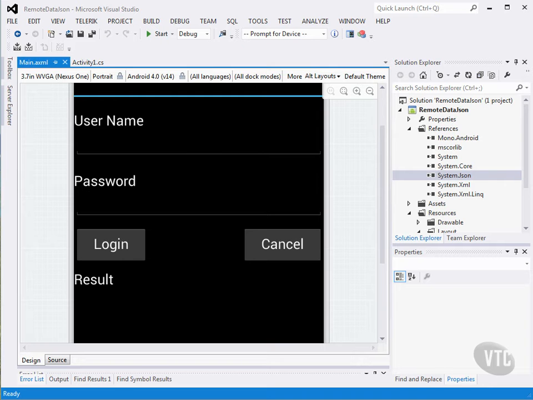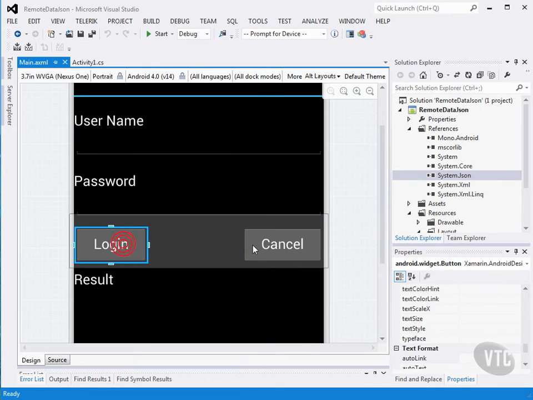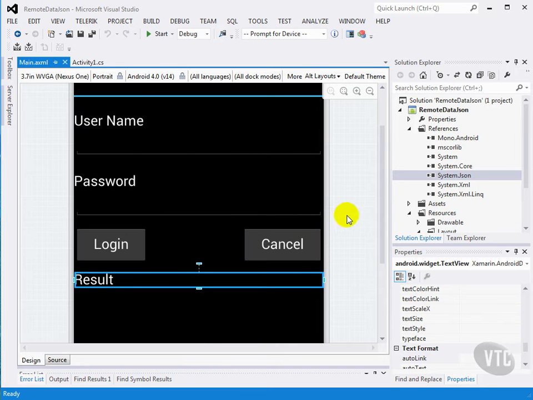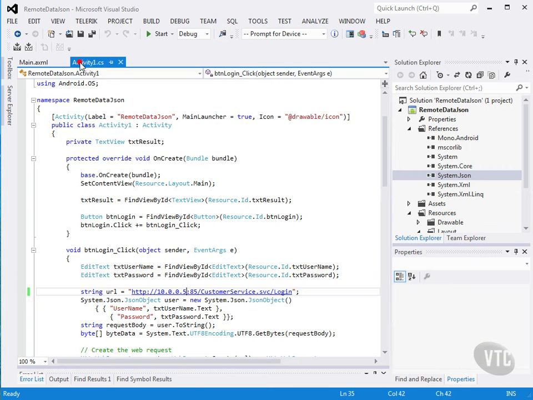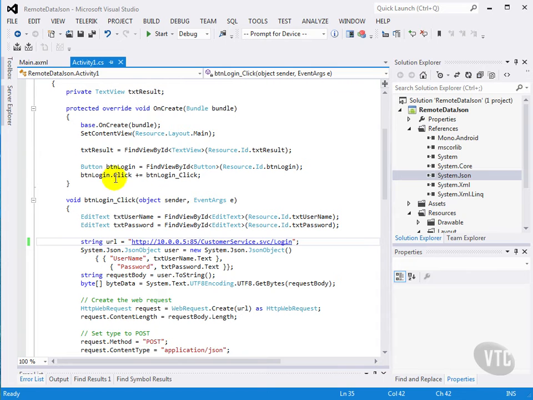The other reason that you might need to use JSON is you might be calling a web service that was set up to service web pages in AJAX, and quite often those use a JSON technique as well, as opposed to WCF. So we're going to do the same login form where we have a username, password, a login, cancel, and a result. And we have our button login,